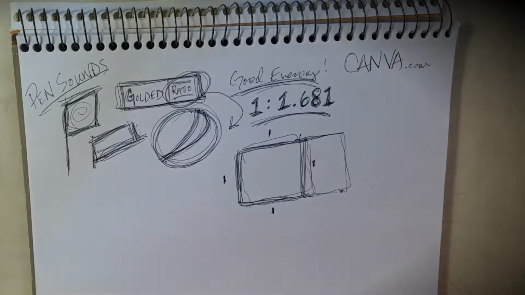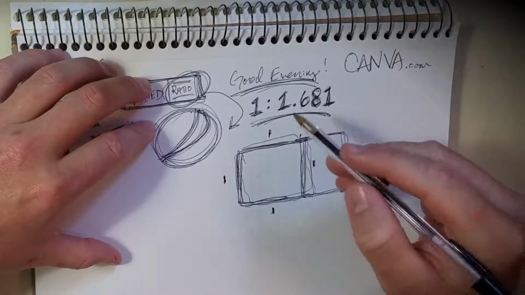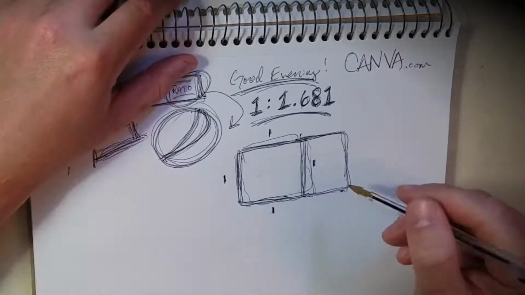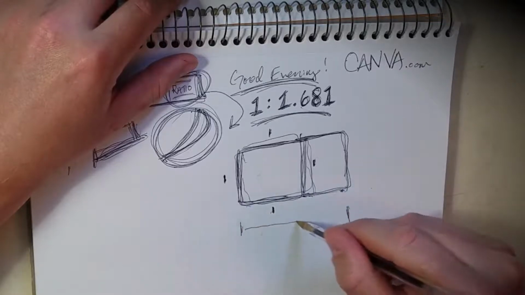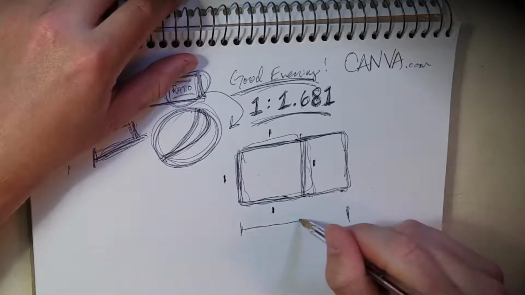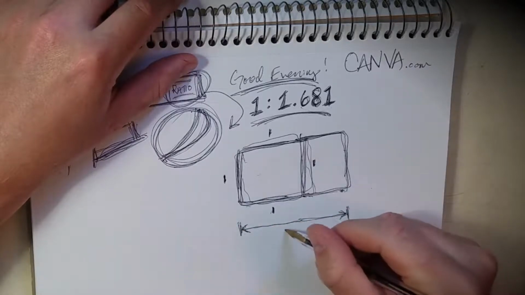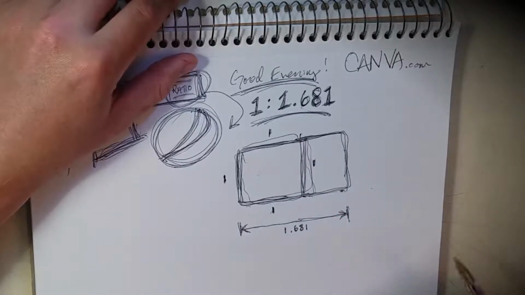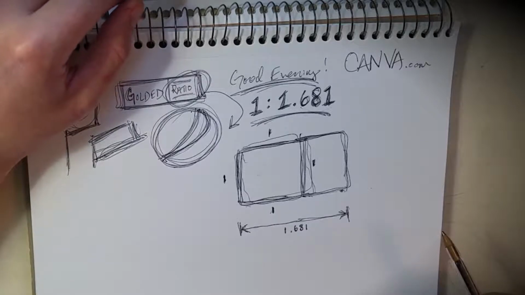We have a square with sides of 1 unit, and now we have a rectangle that we kind of superimposed on top, and its total length is 1.681. The golden ratio is this pattern that repeats,